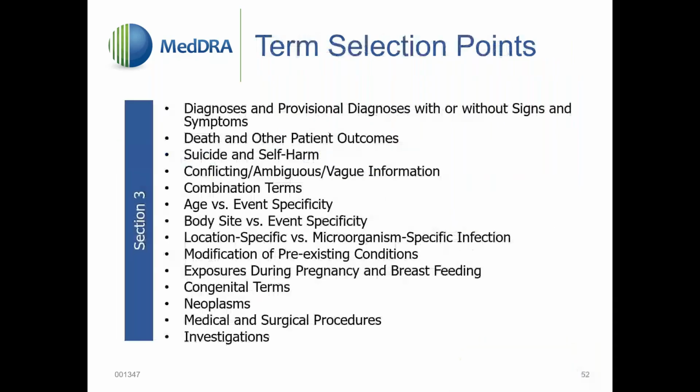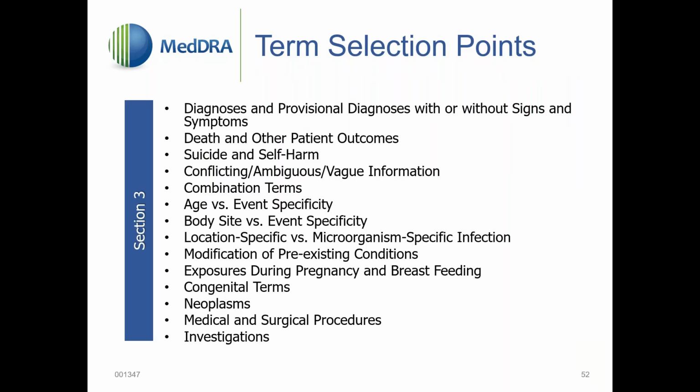After these more general coding principles discussed in the first part of the PTC document, the second part then addresses some specific coding topics, individual types of data, and how to handle them in operational coding. And here they are: diagnosis and provisional diagnosis with or without signs and symptoms, how to handle outcomes like death and hospitalization,